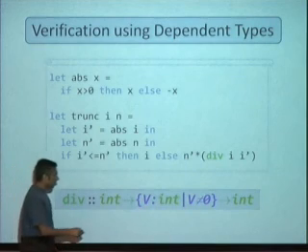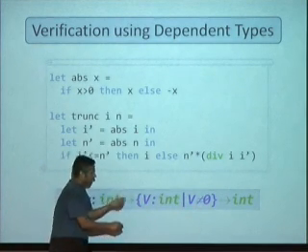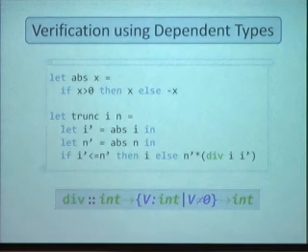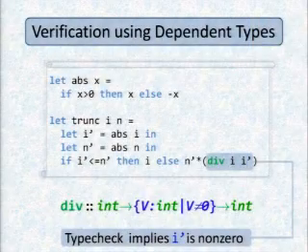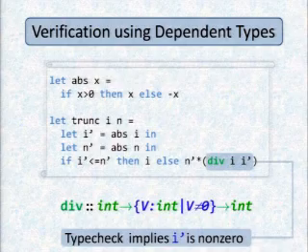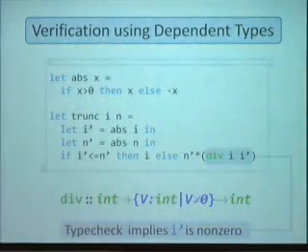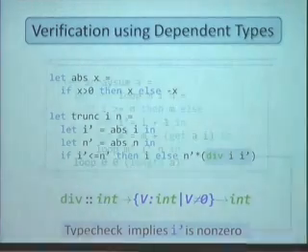The key is that we're putting this non-zero requirement into the type of the second argument. So now, if you can type check the program using this special type for the division operator, then you are guaranteed that this second argument that was passed in over here is non-zero. It doesn't matter what it was, it's non-zero, and so there are no divide by 0 errors.